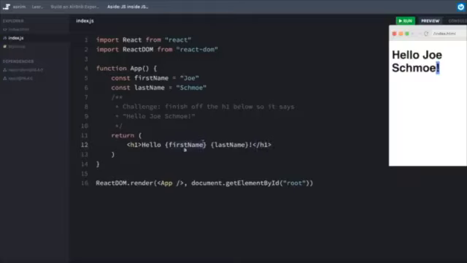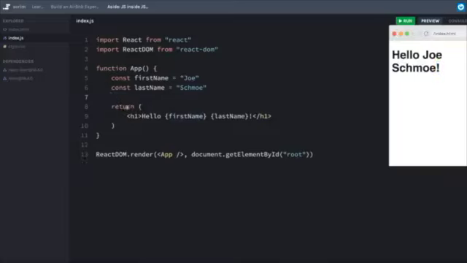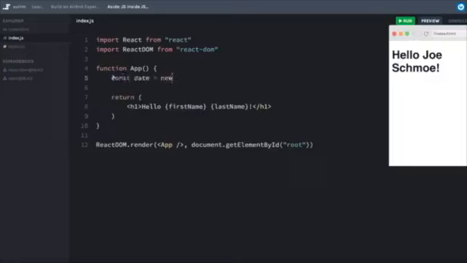Now, once I enter JavaScript land, I can actually do more than just take in values from my JavaScript up above. In fact, anything that I put inside of my curly braces can be run as JavaScript code. Let me clean up this challenge really quick. Something that's important to note is that anything I put inside of my curly braces will be run as regular JavaScript code. So I'm not limited to just pulling in values like this. For example, I could do something like, say, I have a new date, which is a new date object, and then change this to something like it is currently about, and then run some JavaScript code inside of my curly braces saying